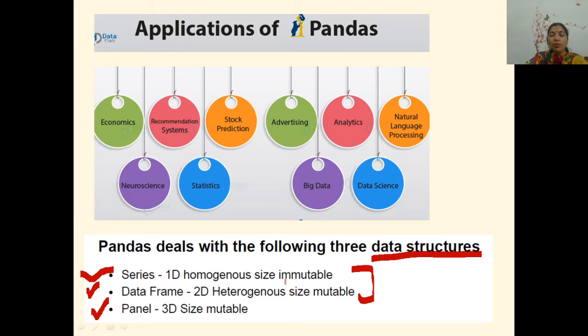Series is a 1D homogeneous size-immutable data set, while data frame is two-dimensional heterogeneous. Remember, homogeneous, heterogeneous. Homogeneous means similar. So all the objects, all the data will be of the same, similar type. While in a data frame, it can be heterogeneous. Series is size immutable, while data frame is size mutable. You can work on the sizes of the data frame. So coming further,